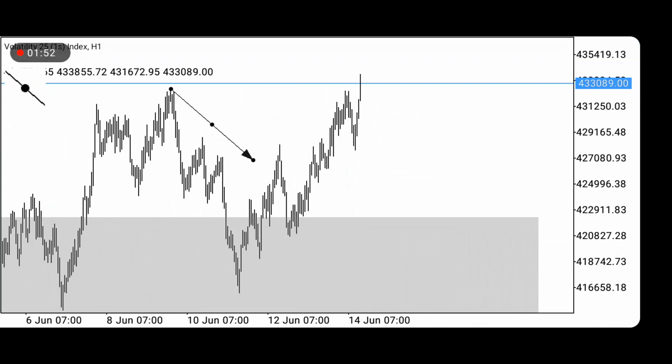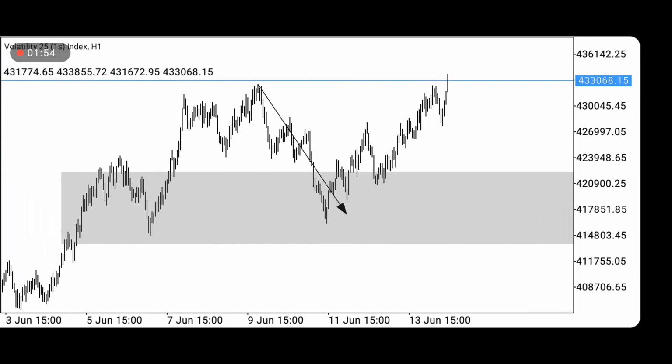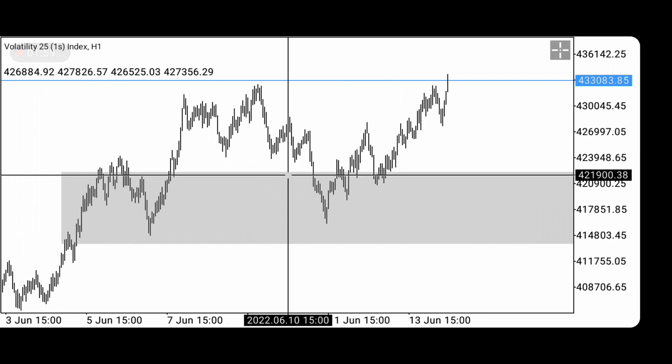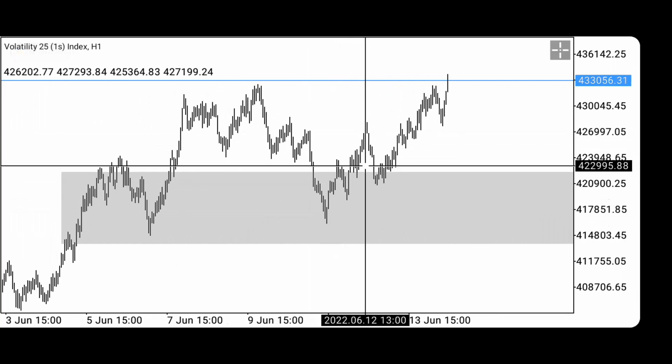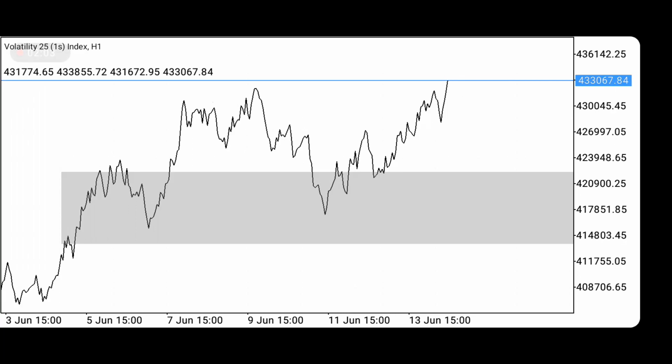it is making successive higher highs and higher lows. This is the line chart, and you can see it making successive higher highs and higher lows. And we needed to identify